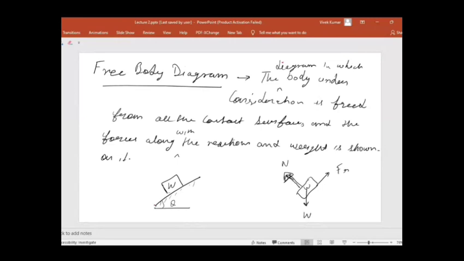Okay. Suppose यहाँ पे एक inclined plane है जिसके ऊपर ये एक weight रखा हुआ था W magnitude का. Okay. So what are the different forces which are acting on this body? If we will make it free from all the other contact surfaces, कहाँ से contact में है ये? इस point पे contact में है. तो यहाँ से अगर हम इसके contact को remove कर देते हैं तो यहाँ पे ये बॉडी क्या कर रही होगी, इसके ऊपर कुछ फोर्स अप्लाई कर रही होगी, कुछ प्रेशर से इस रैम्प को दबा रही होगी, राइट।